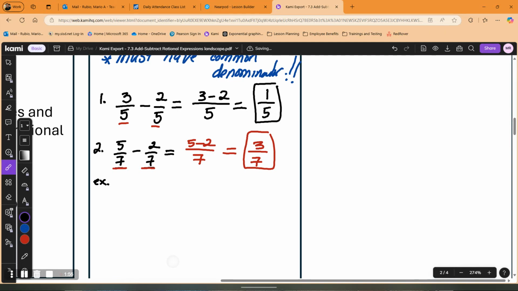Now let's take a look at an example where we do not have a common denominator. So let's say, oh, I'm making these up, guys. So sorry. My brain slowed down a little bit. Let's do 3/4 minus 1/2. Do we have the same denominator? No, we don't. So we have to find